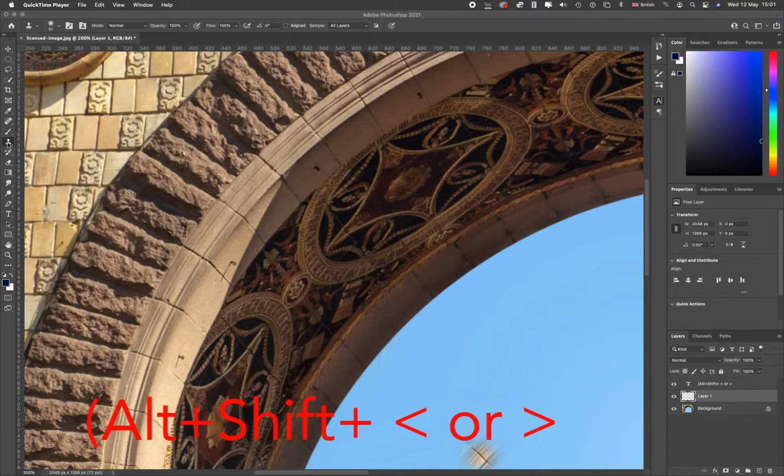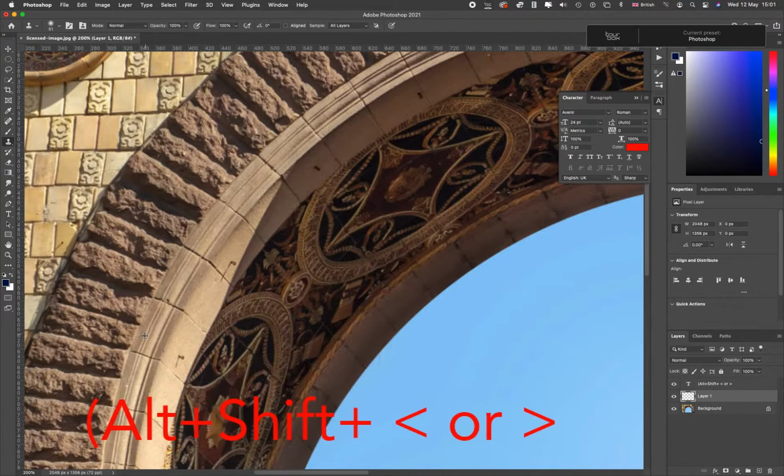Around a corner. Start off with here, and then I'm wanting to clone that, but look, it's the wrong angle. So what I can do is use Alt Shift, like I have on the screen there, the angle brackets, and I can move that around